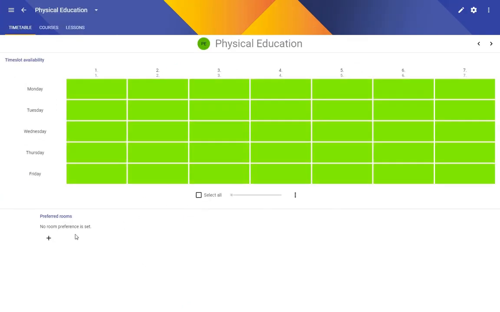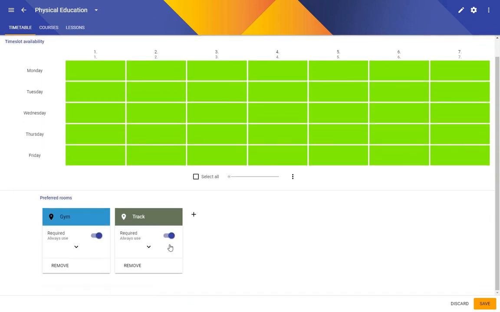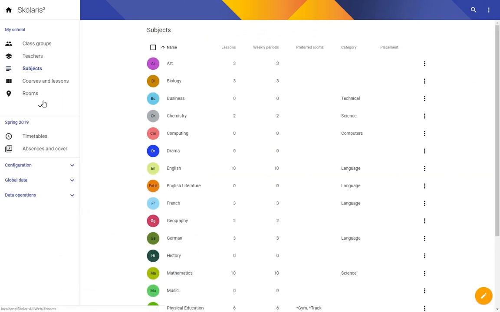Well, that's easy. And physical education. And let's put in some preferred rooms, which will be gym and track. And these rooms are actually required for physical education. So I'll just save this, go back,